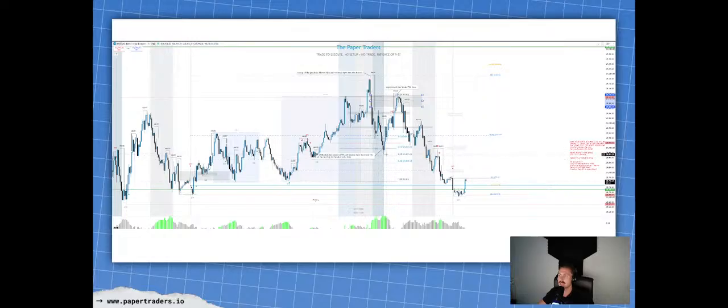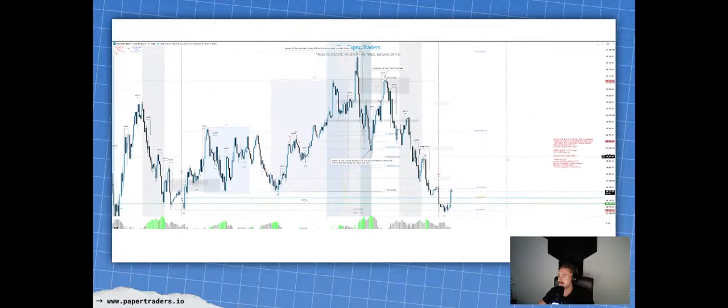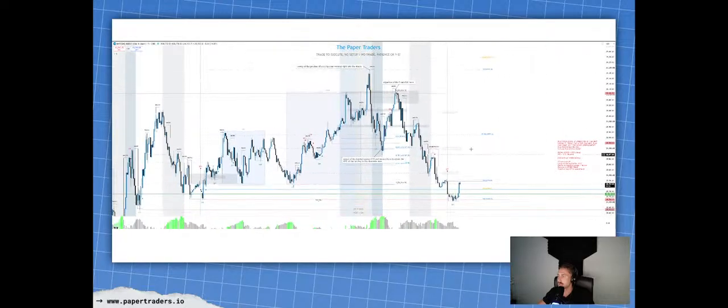We return to the OTE of the London session. From there, we get that nice bounce off that 618 back into this area over here, which gives us that continued rejection back down off of this 5-minute fair value gap,